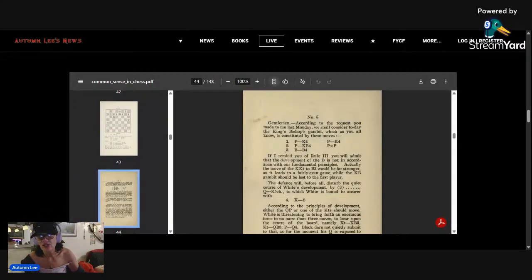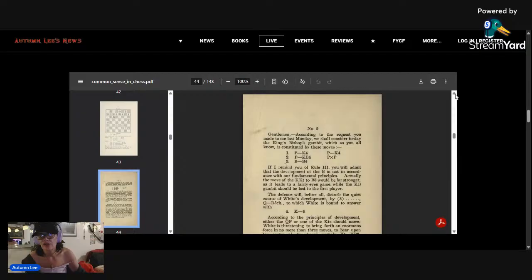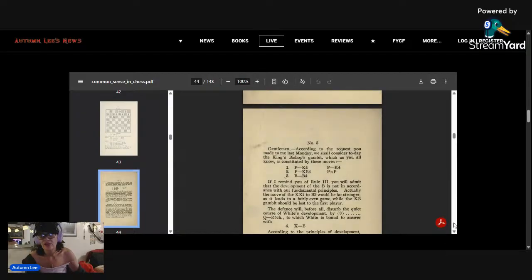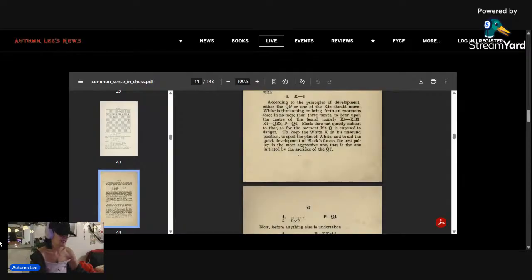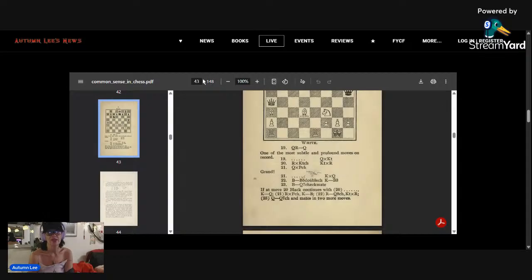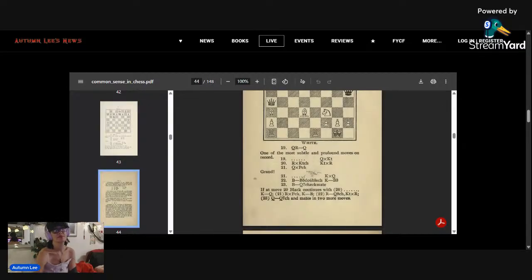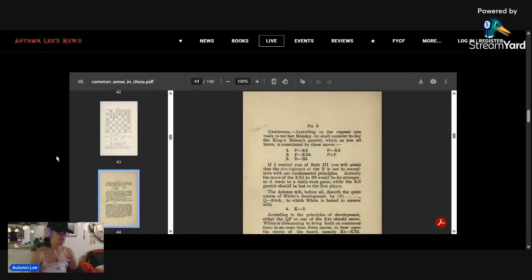Let's see. This would be in the document. It's page 46. So 46 is the actual book. So you're going to type, I think, 44. You should. And it'll take you there. Yeah, there you go. So if you type 44,